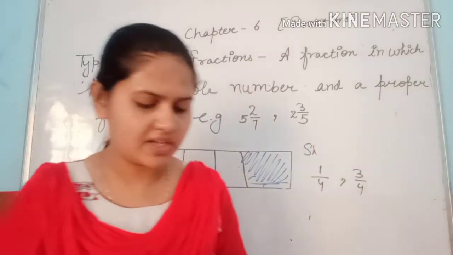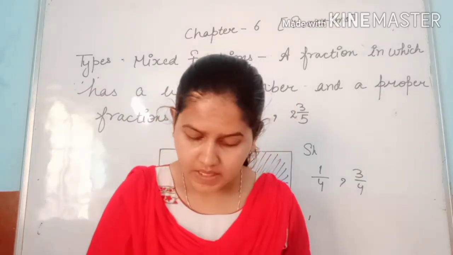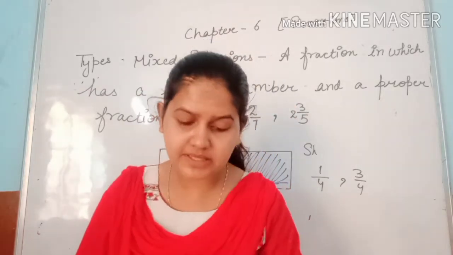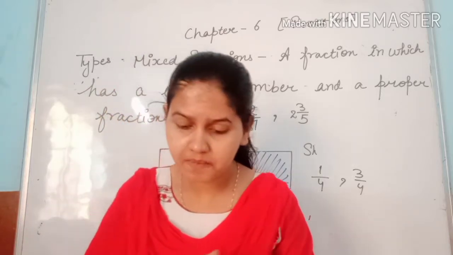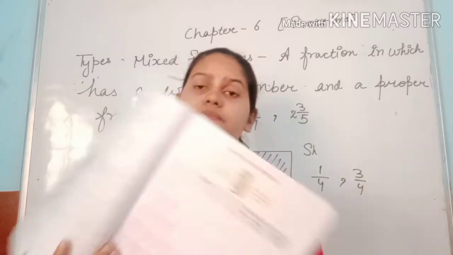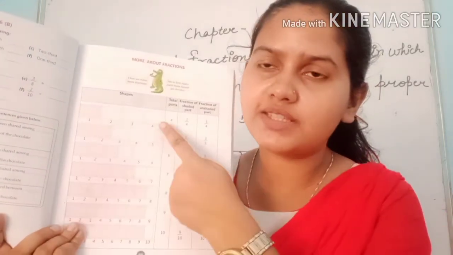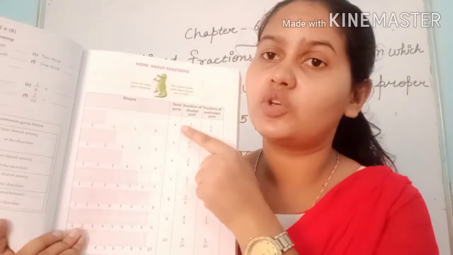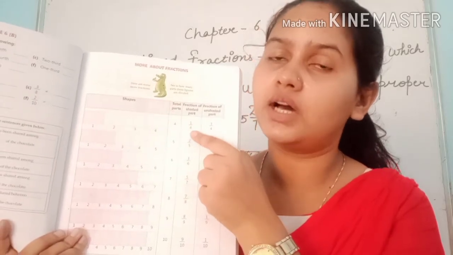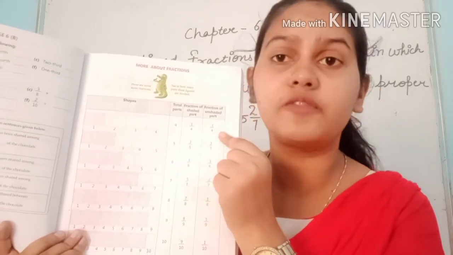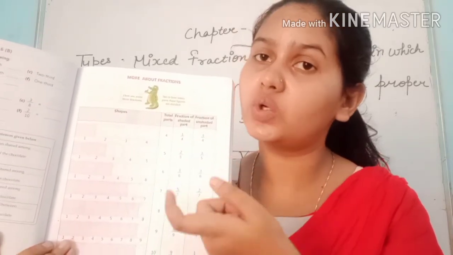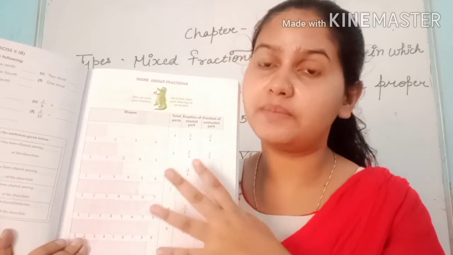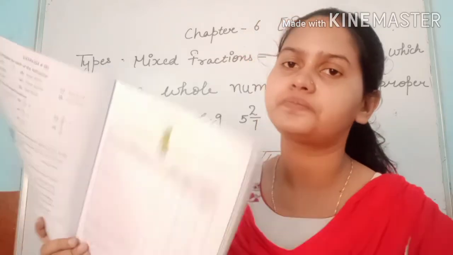You can see on your page number 69 that total parts are given, and then the fraction of shaded parts is given, and then the fraction of unshaded parts is given. See students, these are 4 boxes, 1 box is shaded. The total parts are given here, the shaded fraction is given here, then the unshaded fraction is given here. So the whole example is just like that: the total, the shaded one, and the unshaded one. So you can simply see how the fractions are done here.